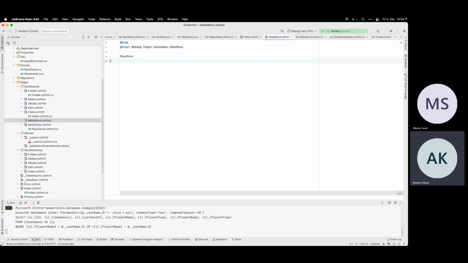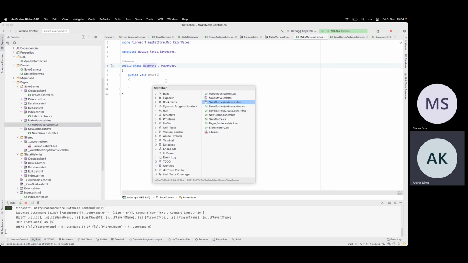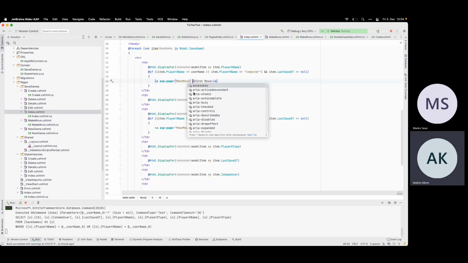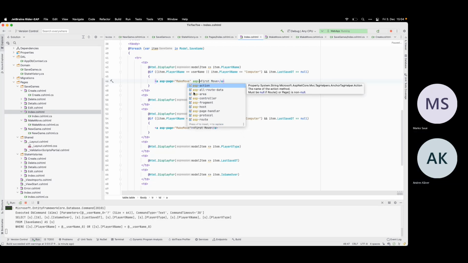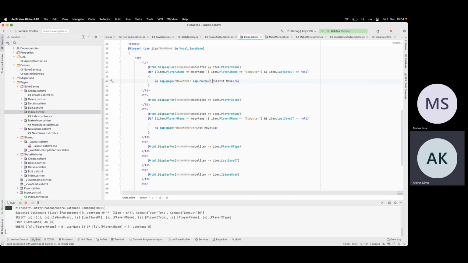So when I make a move, what do I need? I need this ASP route, say game ID, which is our item.id. What else do I need?